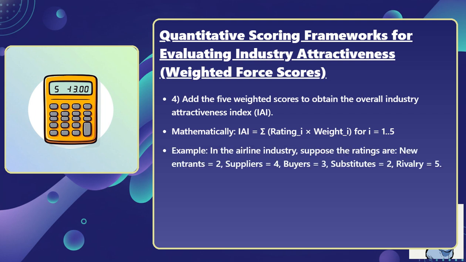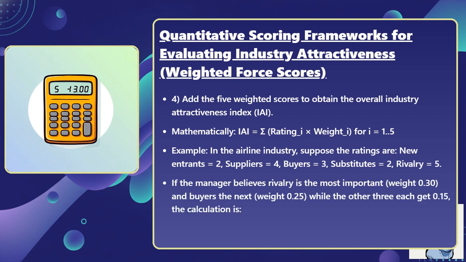Example: in the airline industry, suppose the ratings are new entrants equals 2, suppliers equals 4, buyers equals 3, substitutes equals 2, rivalry equals 5. If the manager believes rivalry is the most important, weight 0.30, and buyers the next, weight 0.25, while the other